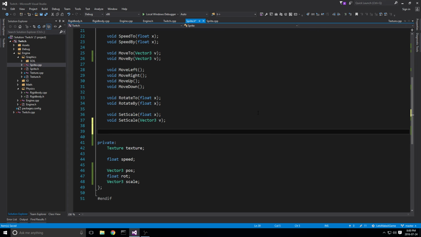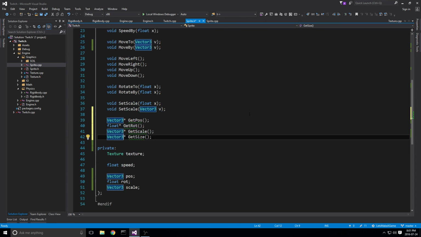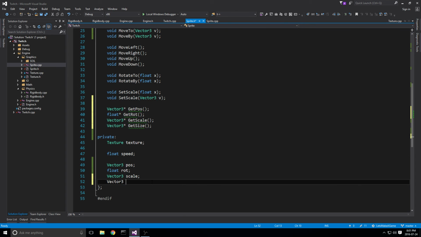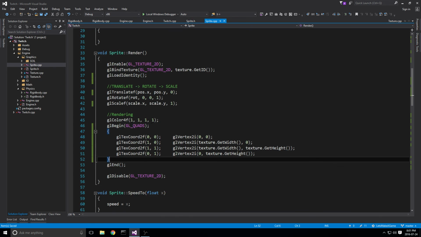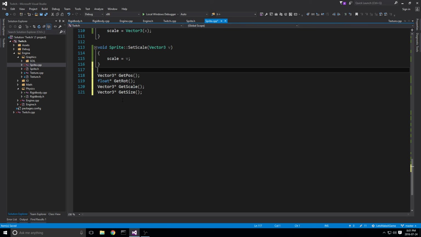So here we're going to want to return vector pointers, Vector3 pointer, called getPos, getRot, getScale, getSize, right? And then float pointer, and we should probably keep size like this, and we'll set it up based on the texture, and we'll just do that here. So yeah, I think we'll do that. I don't think I've convinced myself just yet, but